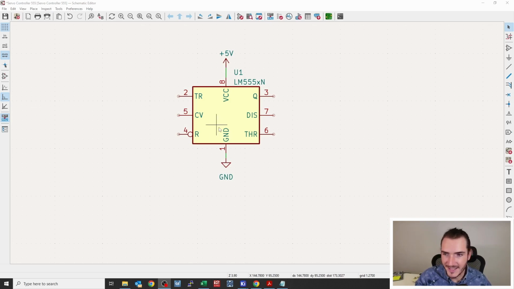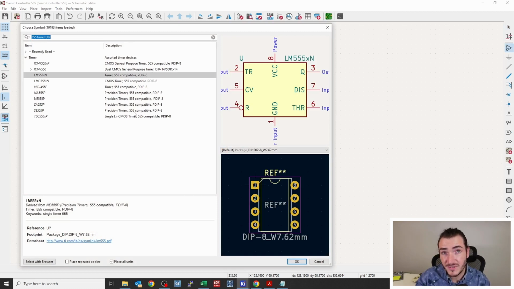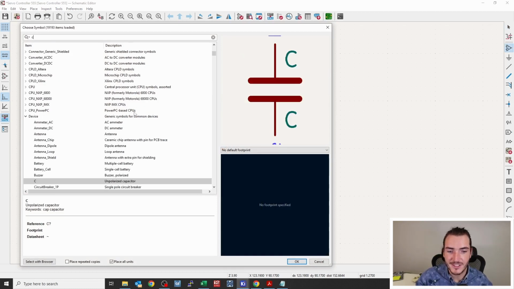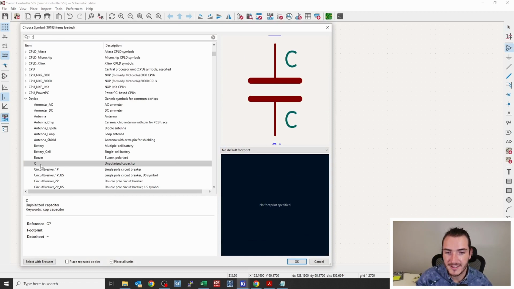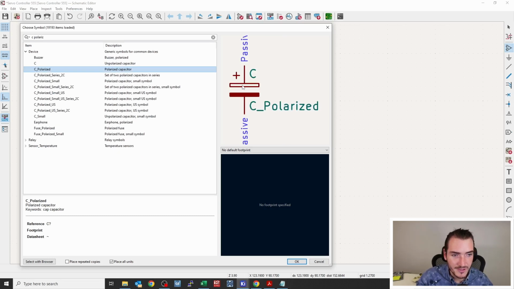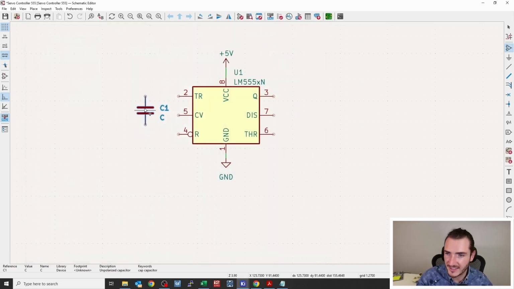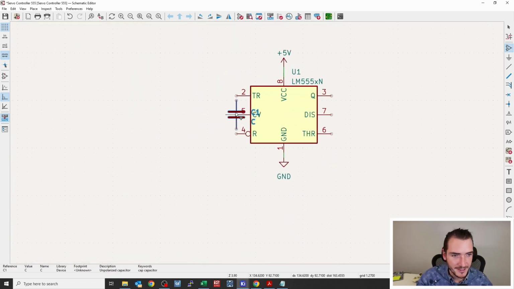I can see we're going to need a capacitor on pin 2, so I'll strike A to access the components, and just search for the letter C. C is the generic unpolarized capacitor symbol. There is also a polarized capacitor symbol that you can use for electrolytic capacitors, but I know that we're going to be using a ceramic capacitor, so I'll just select C and place that near enough to